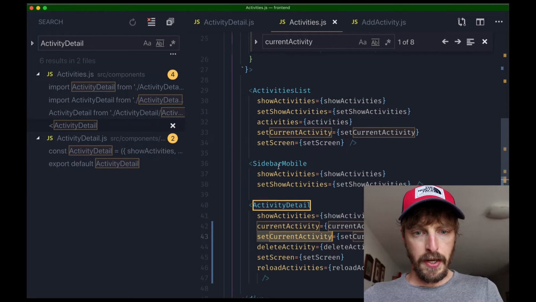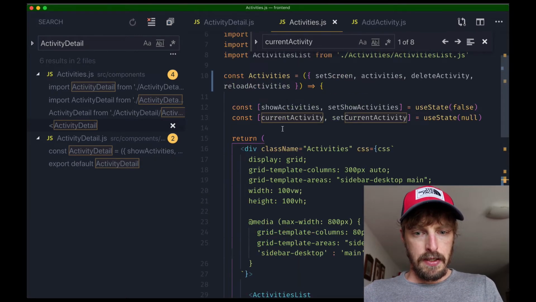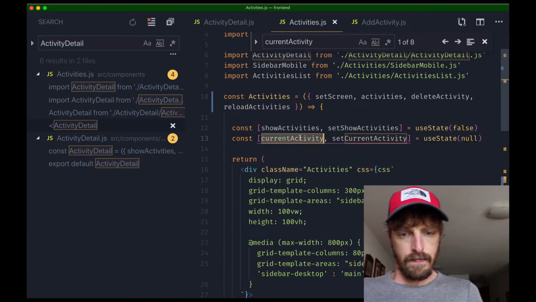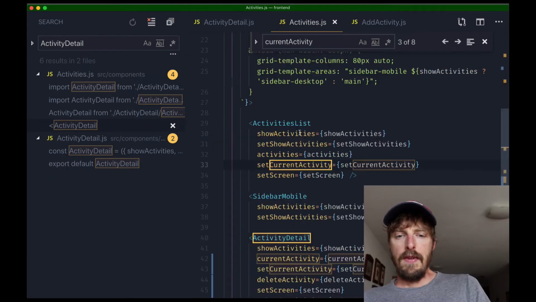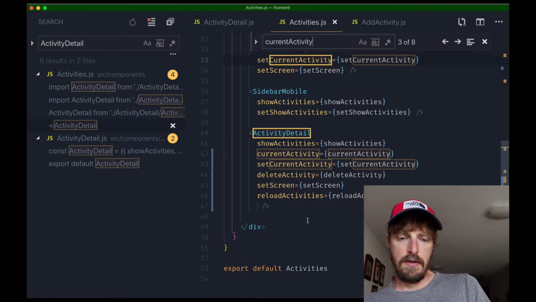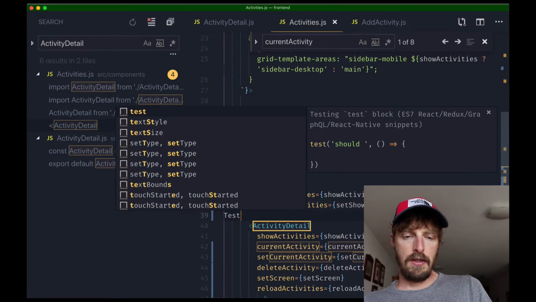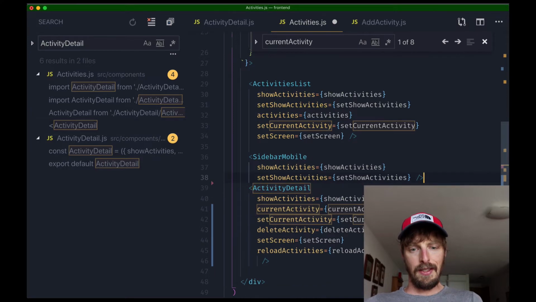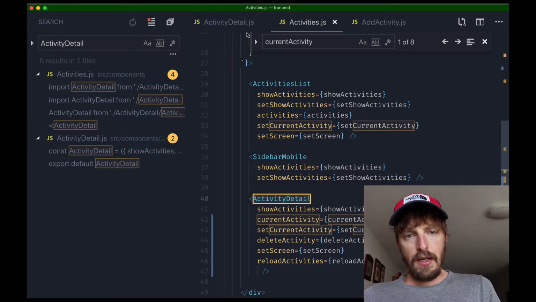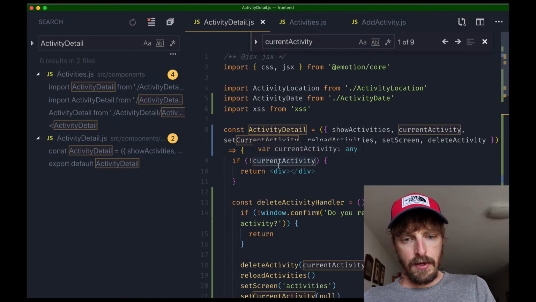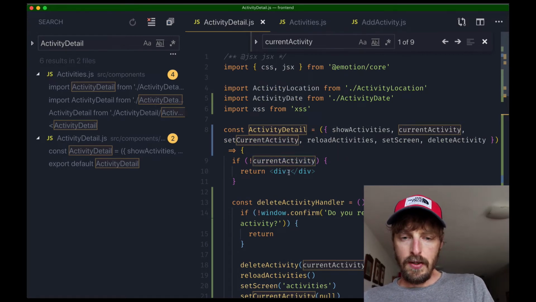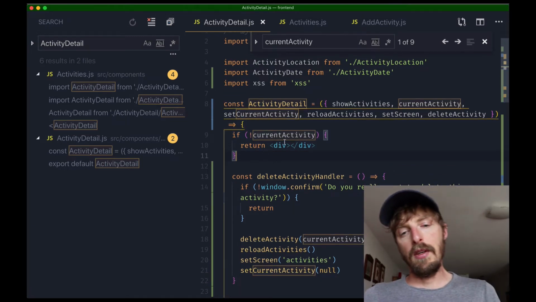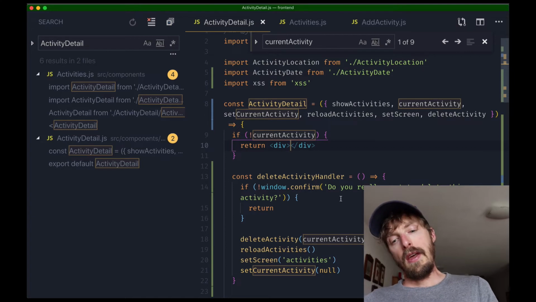But where does this happen? Current activity. Let me see. Test. Okay, this is added, and so the activity detail component should also be added to the screen. So yeah, we have this. Okay, we have this if here on top. If there is no current activity, I'm just going to return an empty div, and